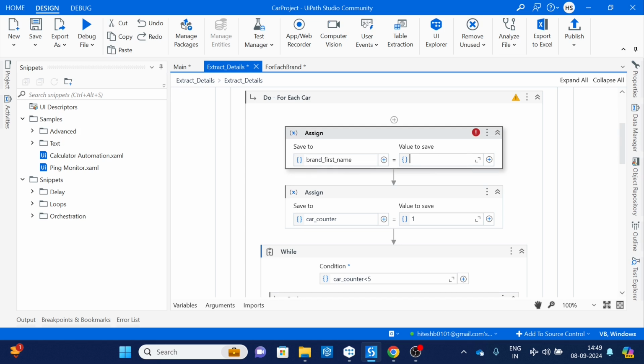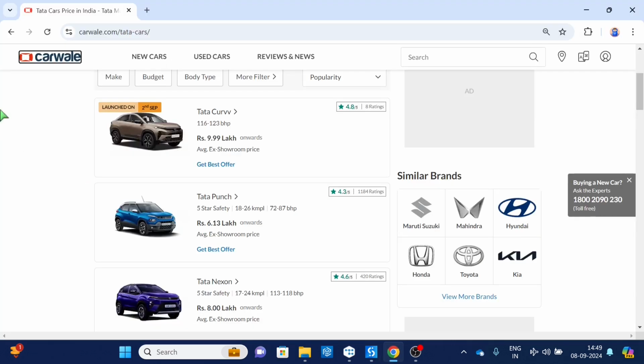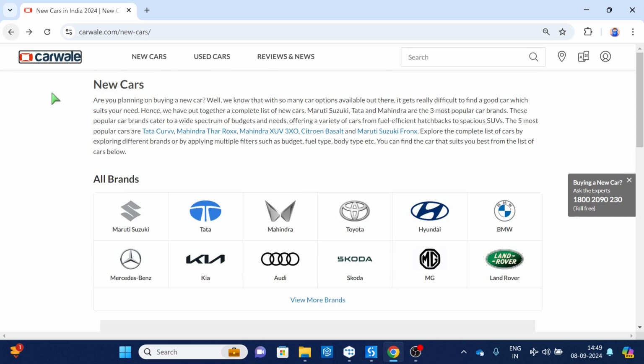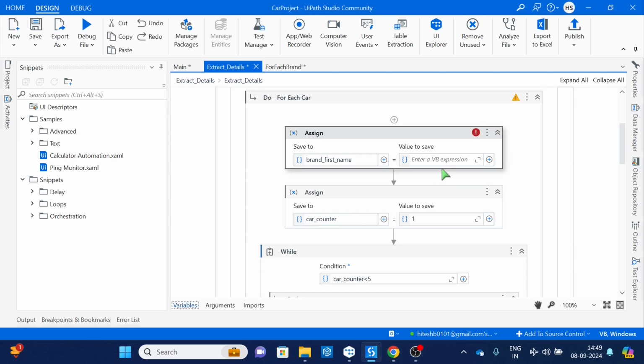and then how will we get the value? So let's check. Maruti Suzuki, Tata, Mahindra. So these are the first values when we are printing the title. You have already seen, if you go back, that we have printed the title. So Tata cars, Maruti Suzuki cars, Mahindra cars, it was coming like this. So what we will do is